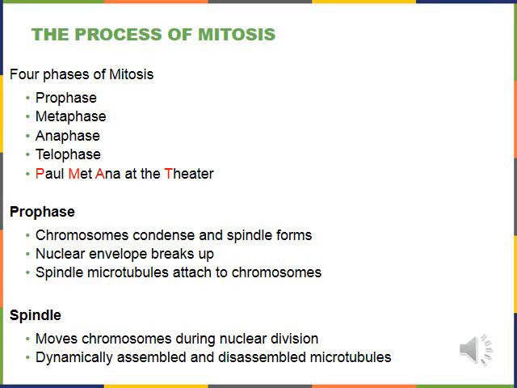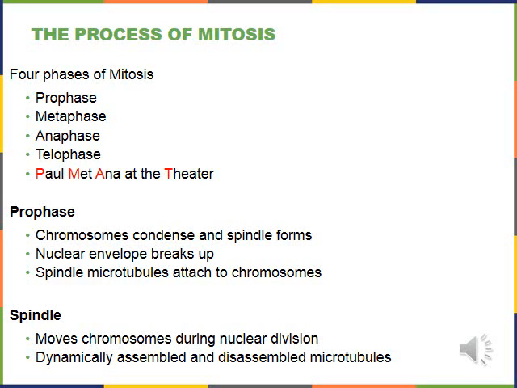So another quick review. This is how mitosis works. Remember, there's 4 phases: prophase, metaphase, anaphase, and telophase. Each one of those, it's important to understand what's happening inside each one of those phases. So prophase, you've got the nuclear envelope breaking up, spindles are forming. Spindles will grab onto the chromosomes that have now been packaged together in nice little X shapes that we're used to. Prophase is also the first phase where you can actually see the chromosomes,